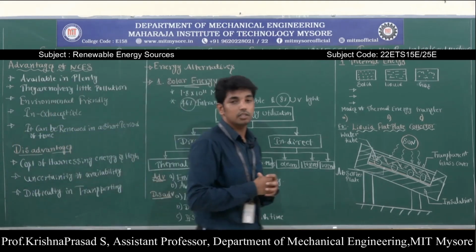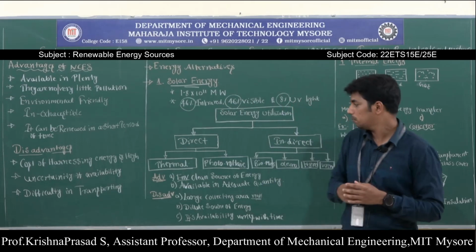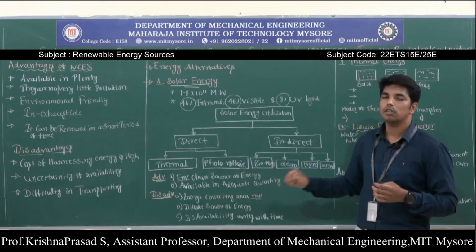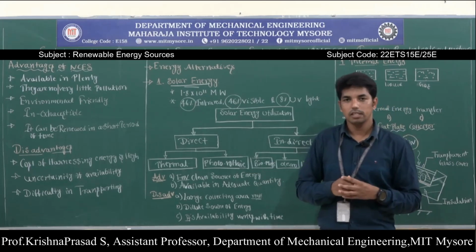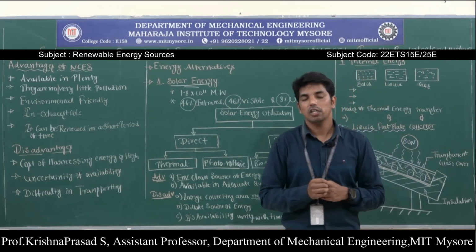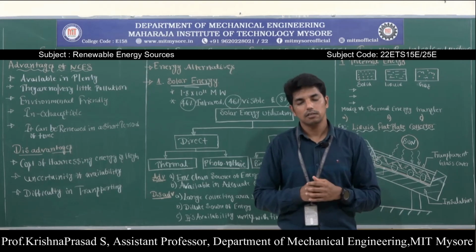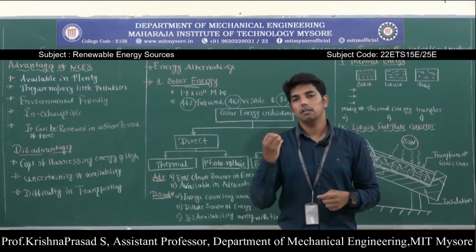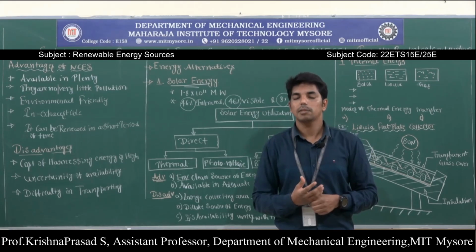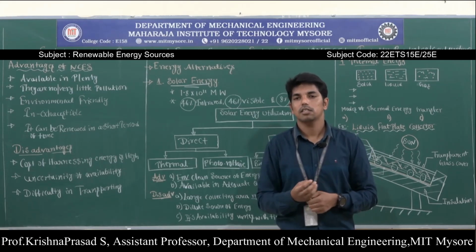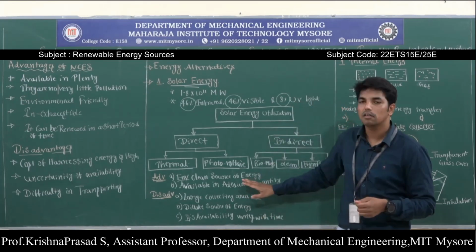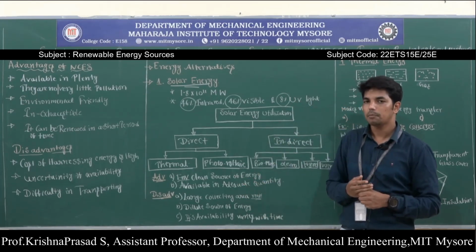Then what are the advantages of solar energy? It is very much important. First one, solar energy is an environmentally clean source of energy. If you are using conventional energy sources like nuclear fuel as well as fossil fuel, when you are burning the nuclear fuel and fossil fuels, it releases a lot of pollutants like carbon dioxide, carbon monoxide, sulfur dioxide, nitrogen dioxide. There are no such effects in the case of solar energy utilization.